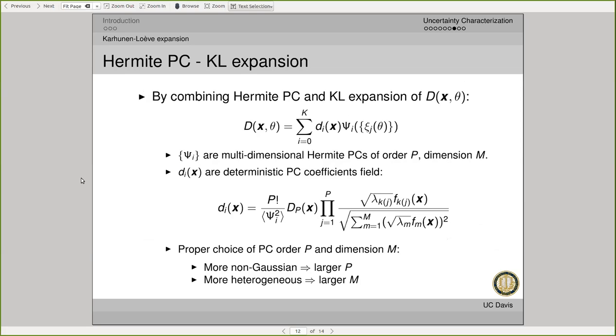So essentially, this is an excellent fit. But once you choose your order P and your order M, it's always a good idea to go back and check against the data and see how good it is, and whether you can reproduce the distributions and the actual field, just like what you showed before.